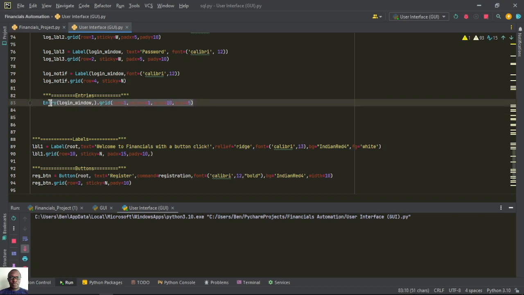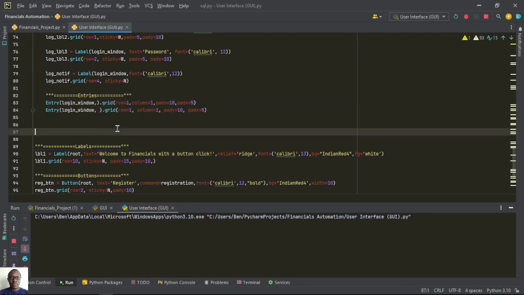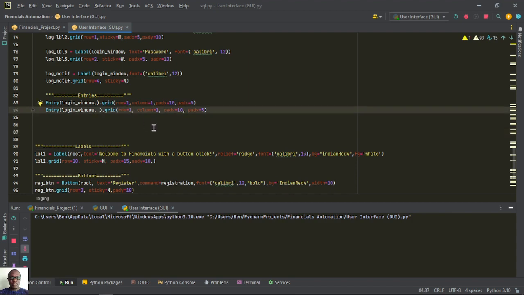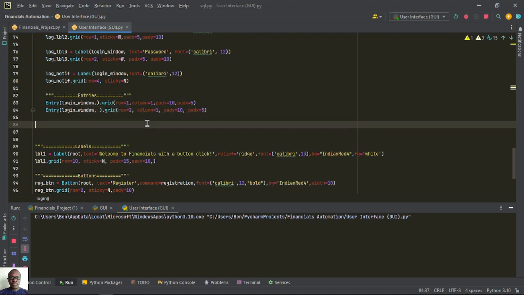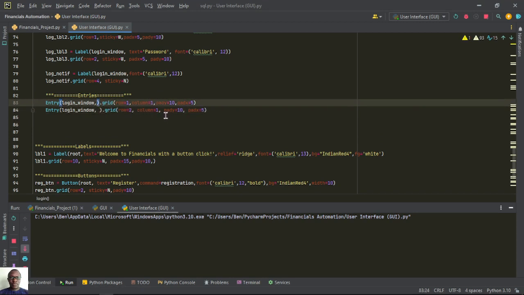Then again I'll do the next entry, copy and paste. So here we have row, instead of row 1 should be row 2, and this should be row 2. Row 2, column 1, pad x. And let's see the